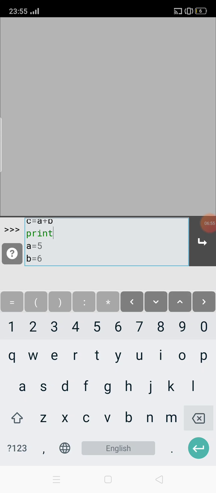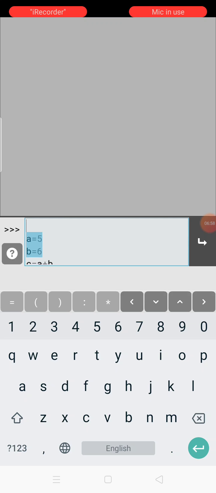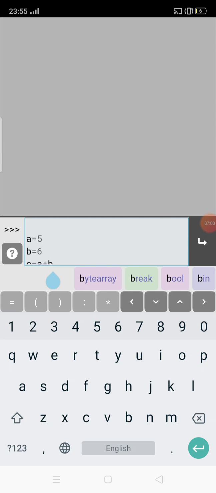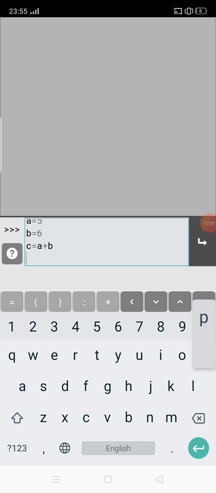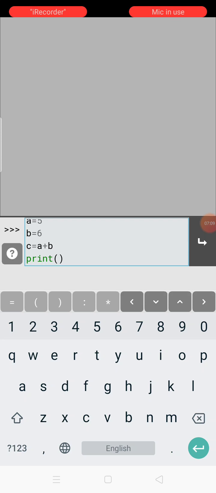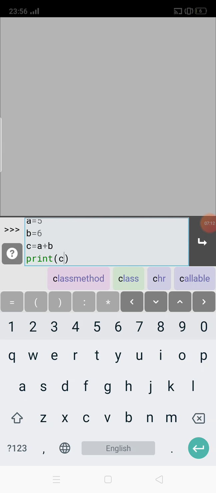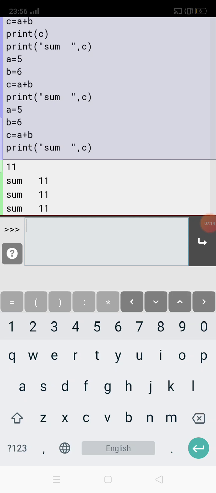I can make all corrections over here. After a equal to 5 and b equal to 6, c equal to a plus b, now I am going to print the value with print c alone, without giving any string value. It prints 11, sum equal to 11, 11, and then 11 here, because it already stores all the values. Whichever I change, all the things will be displayed over here.